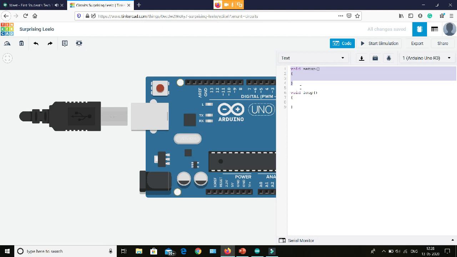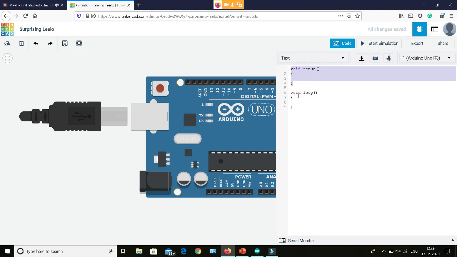This function runs only once. Then after the setup function is done, the void loop function runs infinite times. So whatever we have to do only once is put in the setup function, and whatever we have to do infinite times is written in the loop function.